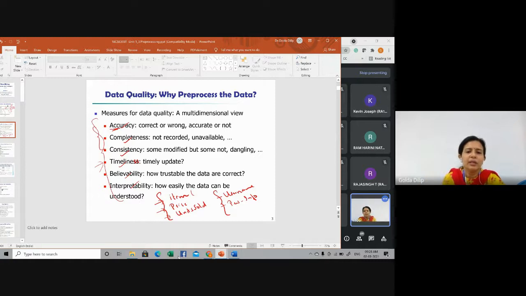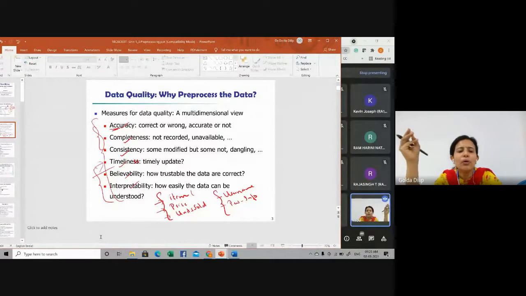Then there are two other aspects mentioned here: believability and interpretability of the data. What about the believability and interpretability of the data? For example, let's say the sales database, at one particular point of time, had a lot of errors. Finally, the issues were sorted out, data cleaning was done, and all the errors were corrected. But those errors in the past had caused n number of problems to the sales department users. So they are no longer trusting that particular data.